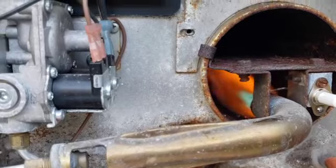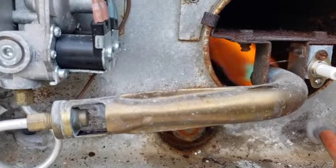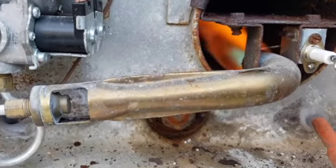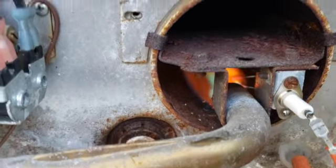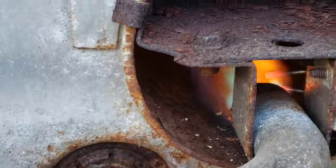I'm going to let it run a little bit and then let it cool down. I'll put the cover back on. But you can see that that's with the thermocouple. See how it's sitting right